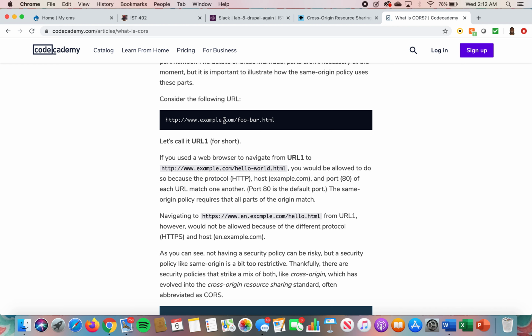If you wanted to go from this URL and navigate to this other URL or origin, this would be okay because they have both the same protocol, which is HTTP, and the same host, which is just example. However, navigating to a different one, which would have a different protocol, which is HTTPS, that stands for secure in this situation, and a different host, which is en.example, that's when CORS would be triggered, and that's what makes CORS very